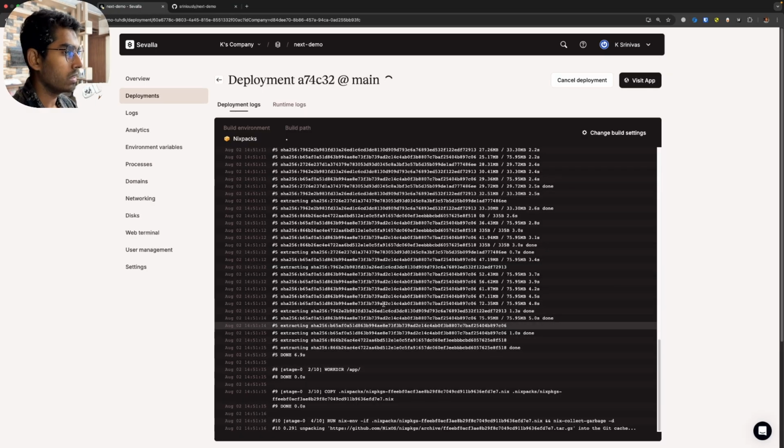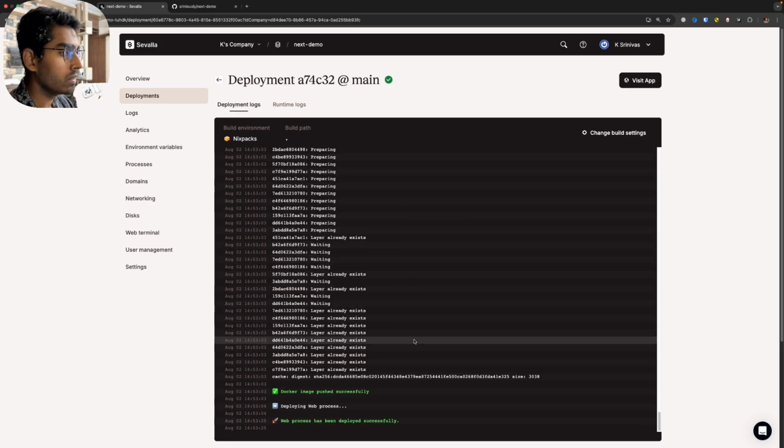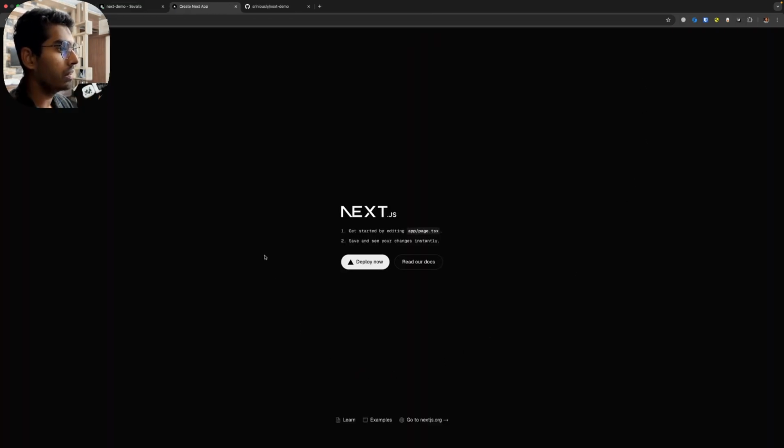And then the build starts, and we can see in real time all the commands that are running in our server, how the server is actually deploying our application. And in a few minutes, our deployment is finished, and we can just click on this button and visit our app live on the internet. We went from raw source code to a live version of our app in a production grade infrastructure in just